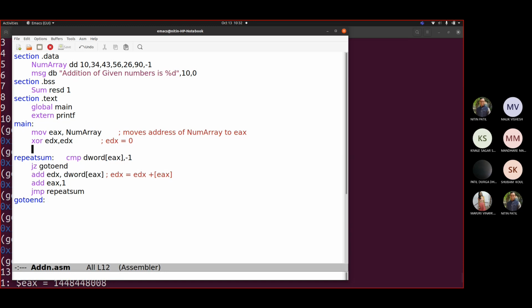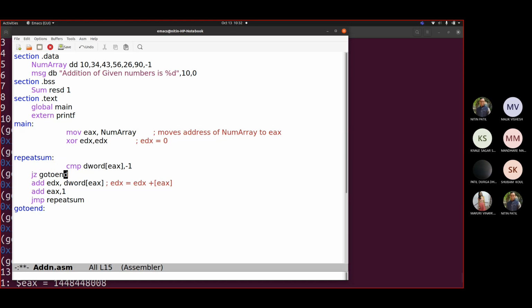Please see this code. Okay, so let us format this properly. So this add EAX, I wrote 1, actually it should be 4 because we are incrementing that address by 4.